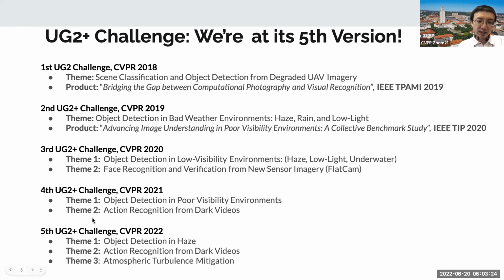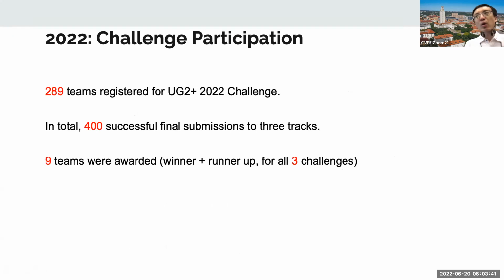This year, for the first time we have 3 challenges: object detection in haze, action recognition from dark videos, and atmospheric turbulence mitigation. Since we have 3 challenges this year, we have a breakthrough in both the number of registered teams and the number of final submissions.